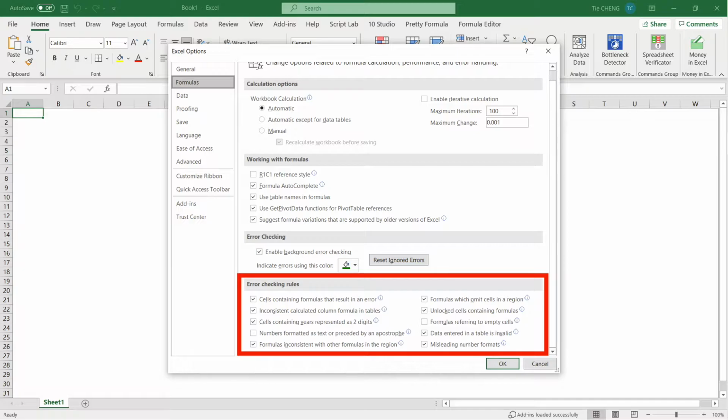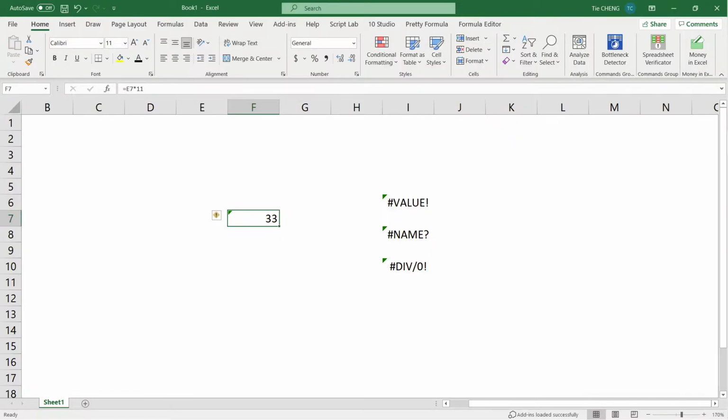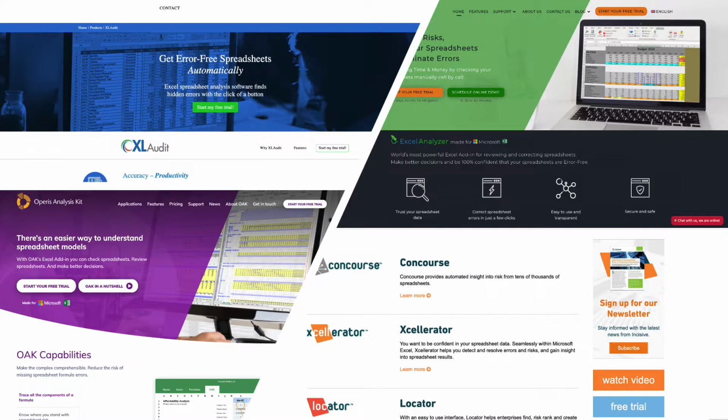Facing spreadsheet errors, spreadsheet software makers and third-party companies build automatic tools to detect flaws in spreadsheets. For example, in Excel, we could set up these error-checking rules. As a result, some kinds of defects are flagged in Excel by this green triangle on top left corner of a cell. Additionally, we often see explicit error values such as #VALUE!, #NAME? in cells.